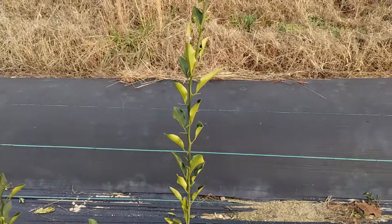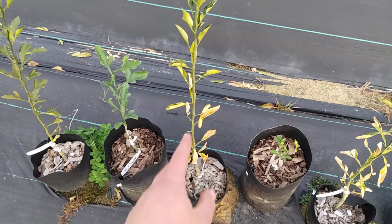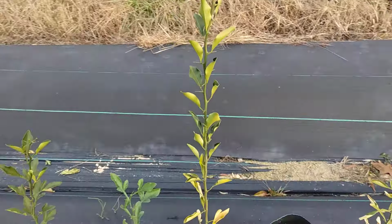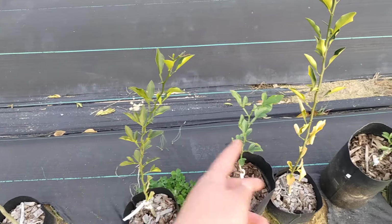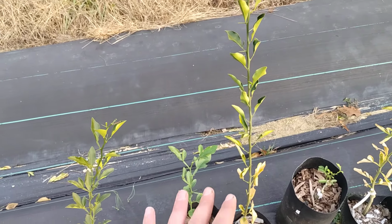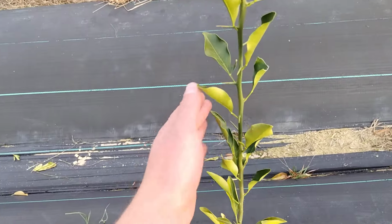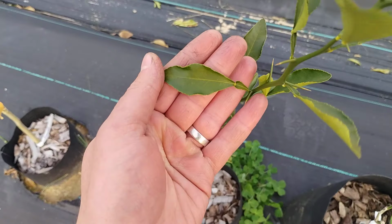And I gotta say, despite being fairly evergreen from what I'm seeing, at first I thought it might be a little deciduous, but now I'm actually leaning towards this being an evergreen citrus. And similarly, Swingle here, these guys have resisted the cold so much better than a lot of the other citrus out here. And I don't know if it's because they have those thicker, waxier leaves,